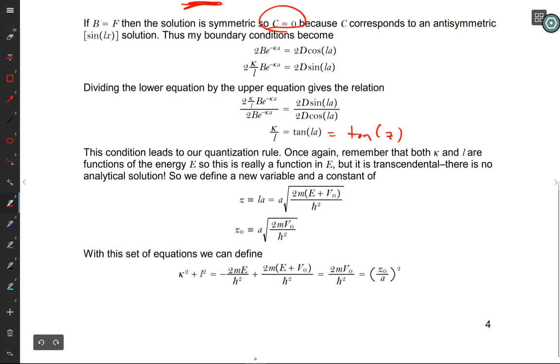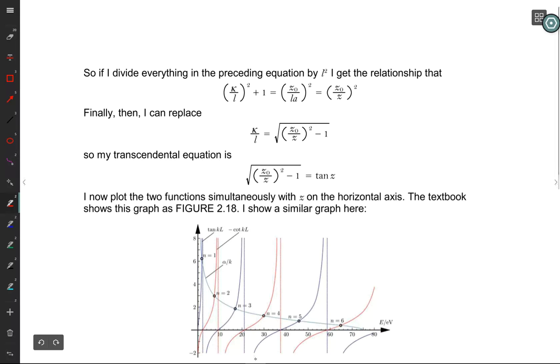And this side, the way it's written, you might expect it to be something like 1 over L is equal to A over Z, but we just go ahead and define Z0 as A kappa. Yeah, Z0 is A kappa. I think that's right. And so with this definition, then what we have for our equation is,